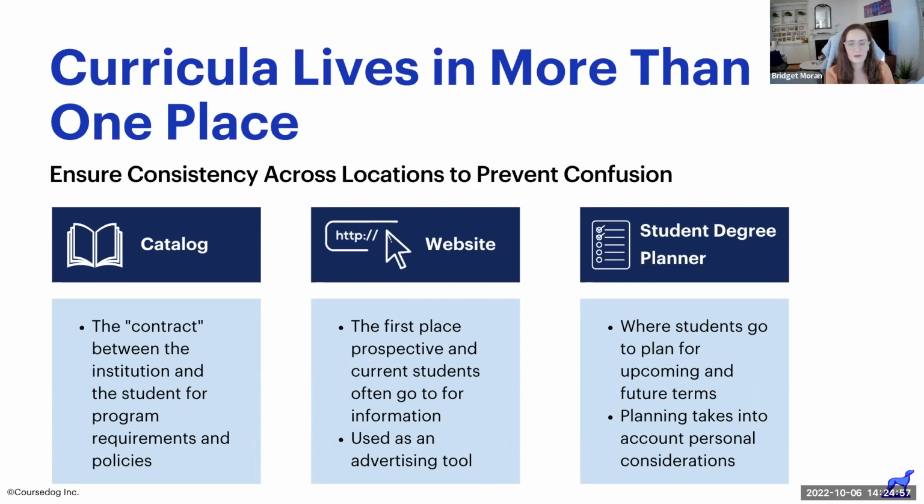This is important, but there are also a couple of other places that students may be accessing their course and program information. I think the website is a big one here. So students are likely to do a Google search for what they're looking for before navigating from an institution's homepage in search of the information. The website also serves as an advertising tool for prospective students considering your institution and potential programs. And finally, if your institution uses a student degree planner tool, this is where students go to plan their schedule for upcoming terms. This is where they chart out their course and create a plan that makes the most sense for them. It's key that all three of these mediums present the same information to prevent confusion and make sure that students don't get off track or take any unproductive